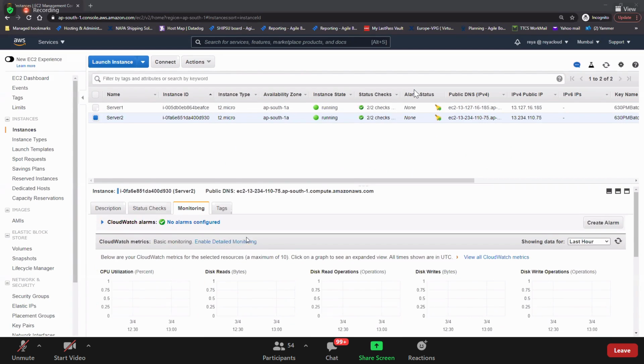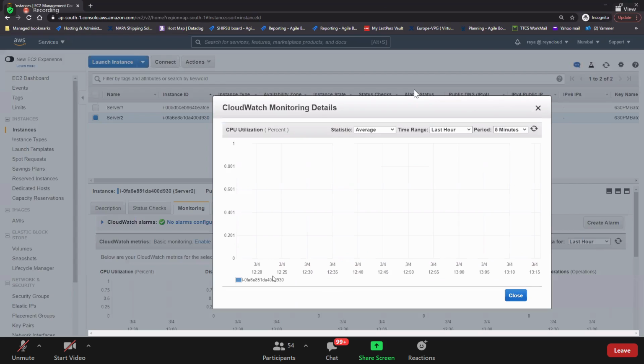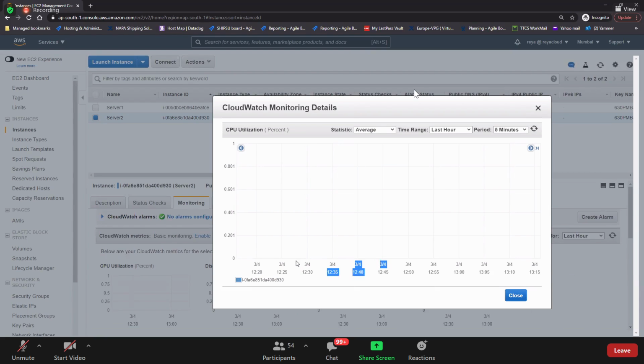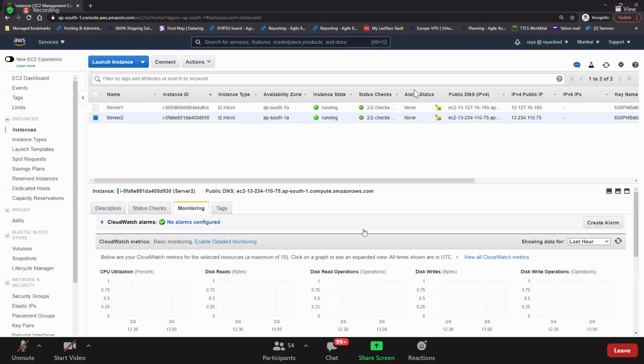And remember, don't enable detail. What are the two types of monitoring? You know, right? Basic and detail. Which one is chargeable, billable? The second one, detail, right? So don't enable it. The only thing is, if you enable it, here you get 1220, 1225, 1230, 1235. You have 5 minute data intervals here. If you enable that, everything will be the same. The only thing is you will get monitoring every minute here. That's the only difference there.